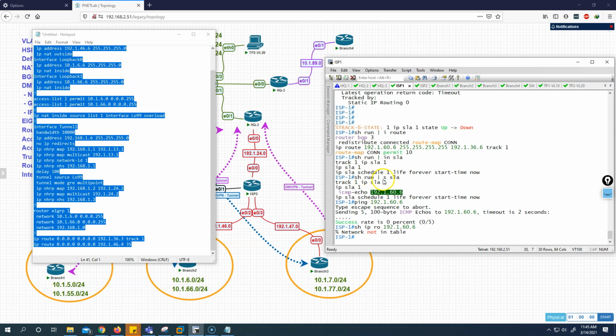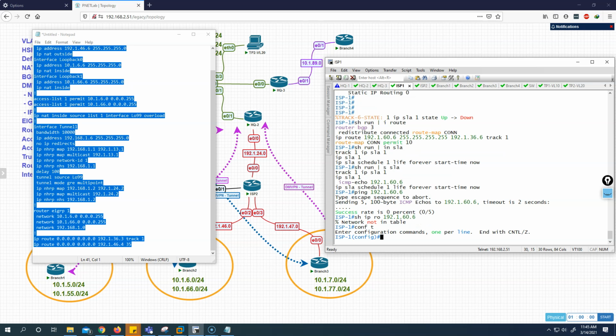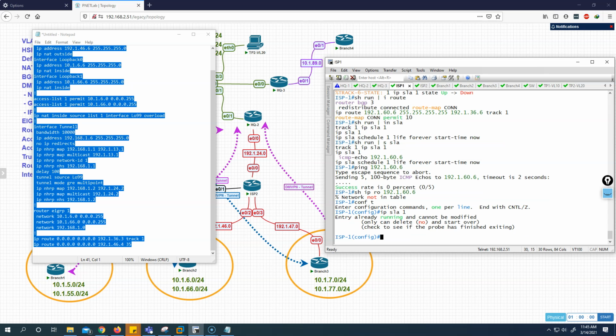Okay, so there's something wrong with the SLA. So we have track SLA, we have one SLA, we have to schedule it forever, and inside the SLA we are just doing ICMP echo. Okay, let's put a source address. So let's go there. It usually doesn't matter, but in this case,